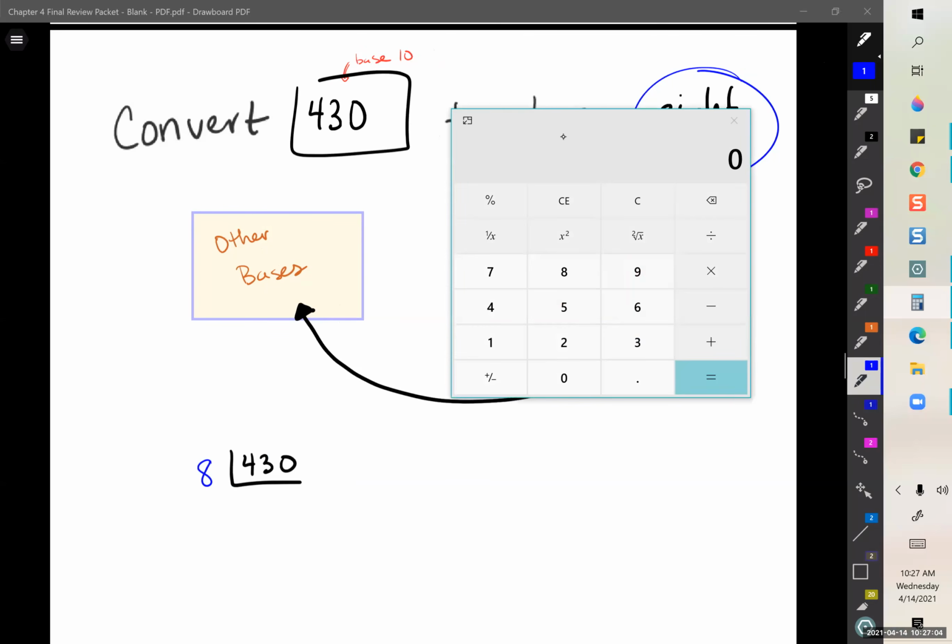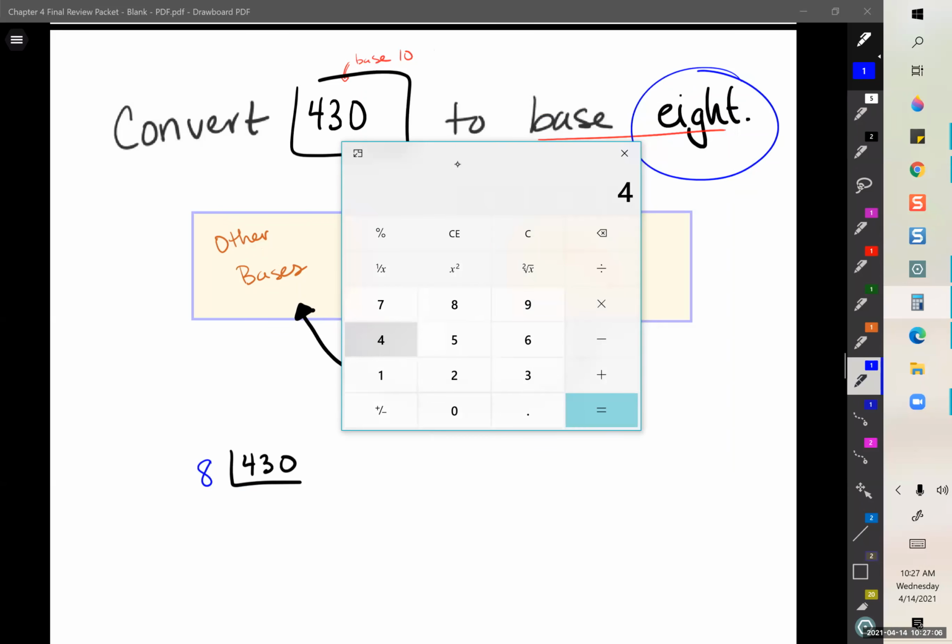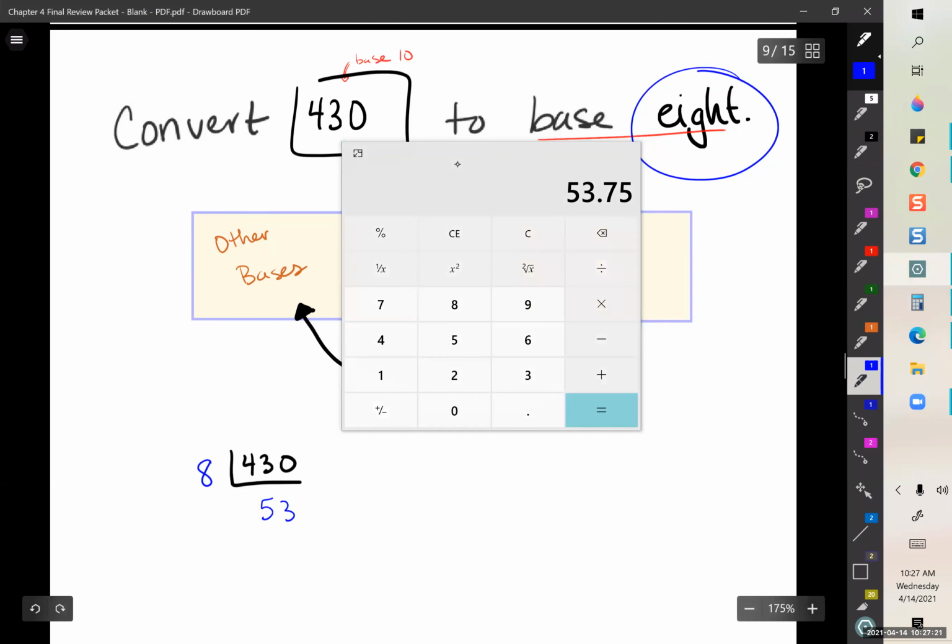And what we'll do here is we'll say 430 divided by 8, and you'll see I got 53.75. Now the thing is, I don't care about the decimal, I just care that it goes in as an integer 53 times, so I write that, 53. But since it doesn't go in perfectly, because of this decimal, we have to figure out how close we get, and then how much we have to make up for. So to figure out how close you got, you take 8 times 53,